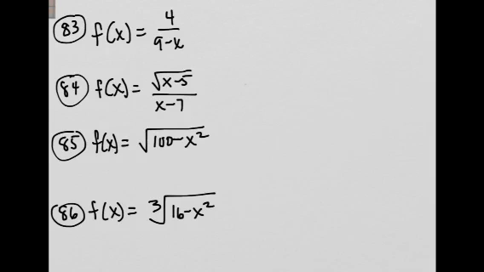And so for 83, we look at the denominator, and we don't want 0 in the denominator, right? So we look for values of x that make the denominator 0. And so 9 makes the denominator 0. The numerator doesn't even have an x, and in most cases it doesn't really affect the domain unless there's a square root in the numerator, but this is not the case. So we say